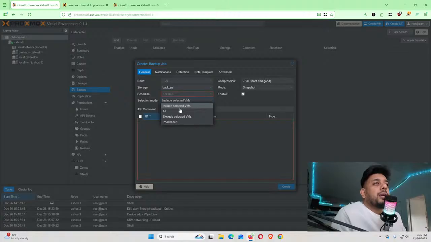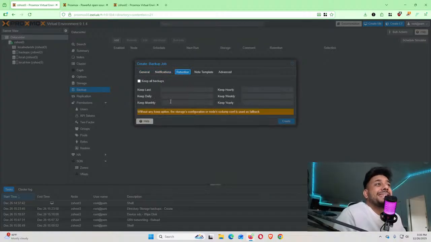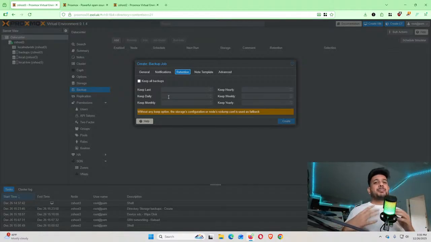Then you can include selected VMs, all, or exclude selected, or pool based. So if you have a ZFS pool, stuff like that. Then the compression level, then the mode, and then the notification going to be sent, and then the retention. Retention means how many days, how many hours, how many weeks, how many years you're going to retain, like keep that backup file inside your storage. Like let's say I set 1 for 1 month